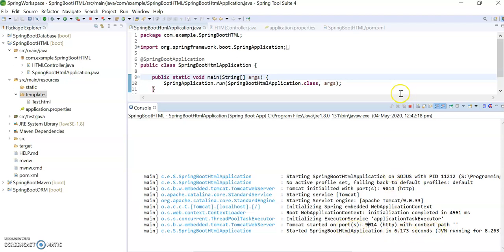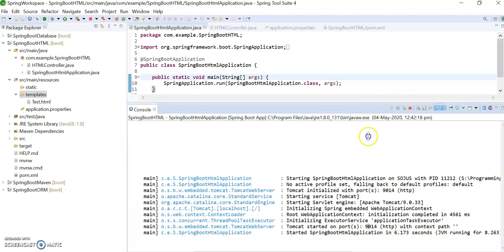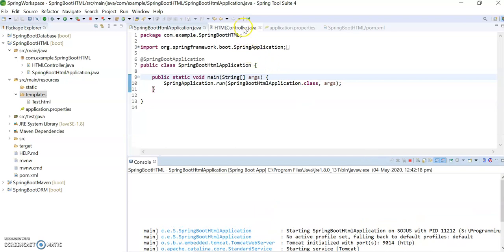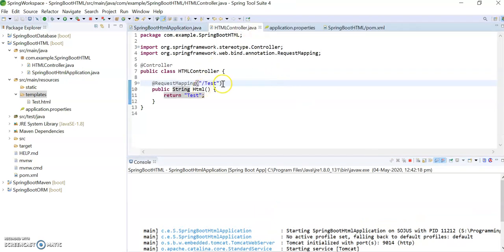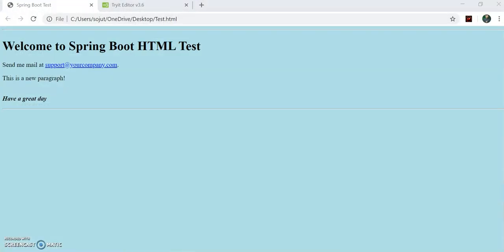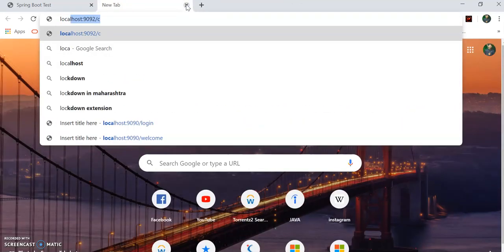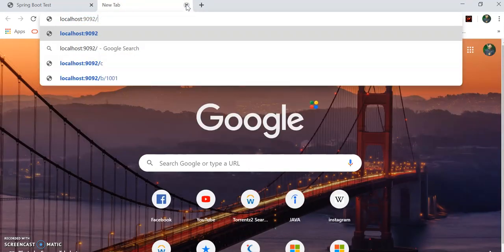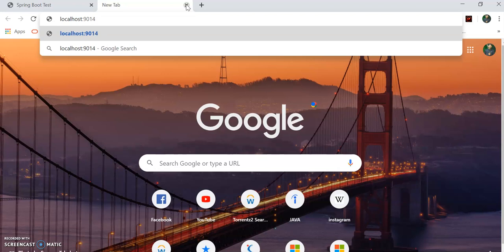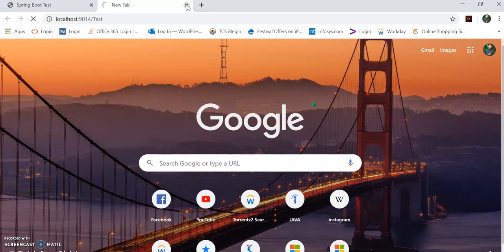Yes, the JVM is running. I want to run our HTML file. In the controller we mentioned /test, so I will open my browser and put localhost:9014/test, and it will link to the corresponding HTML.